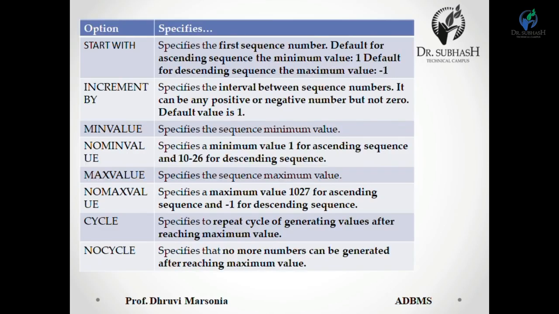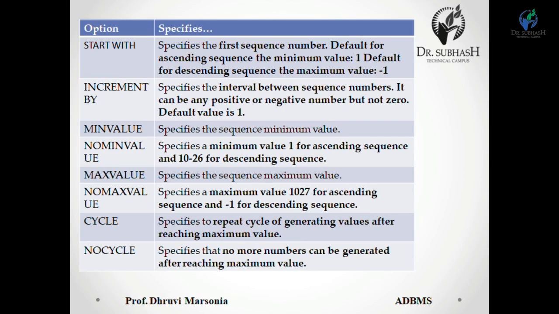Next one is minvalue. It specifies the sequence minimum value. No minvalue specifies a minimum value of 1 for an ascending sequence and -10^26 for a descending sequence. If you do not specify any minimum value, then by default this value is considered. Maxvalue specifies the sequence maximum value. If no maximum value is specified, then Oracle considers a maximum value of 10^27 for an ascending sequence and -1